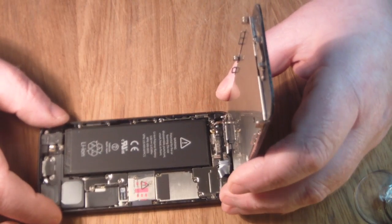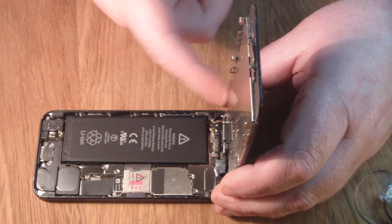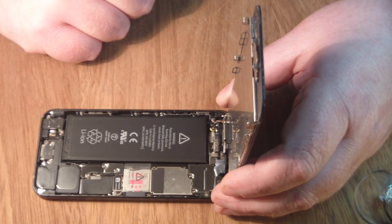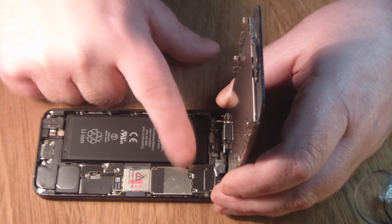So once you've got the screen released, you just want to pull it back to this 90-degree angle here. You don't want to take it back any further than that because you'll end up ripping out the actual LCD ribbon cables here. But we can just see the 3 screws here that we've got to now unscrew, and they